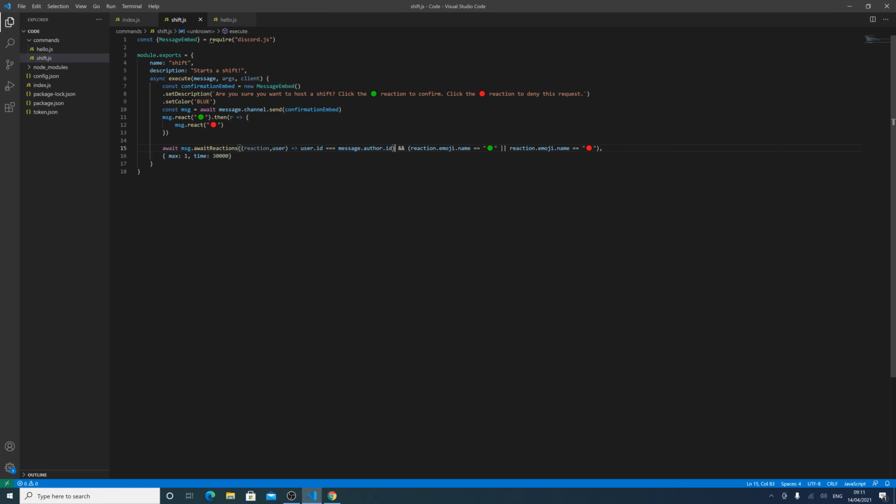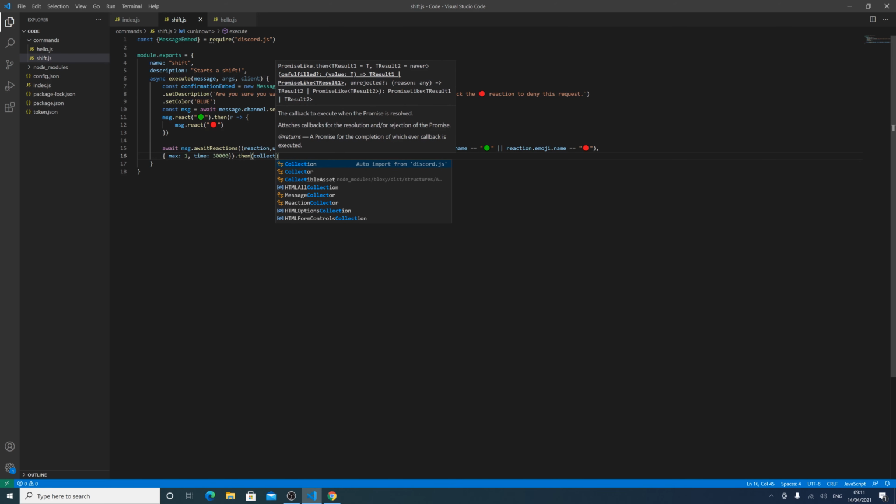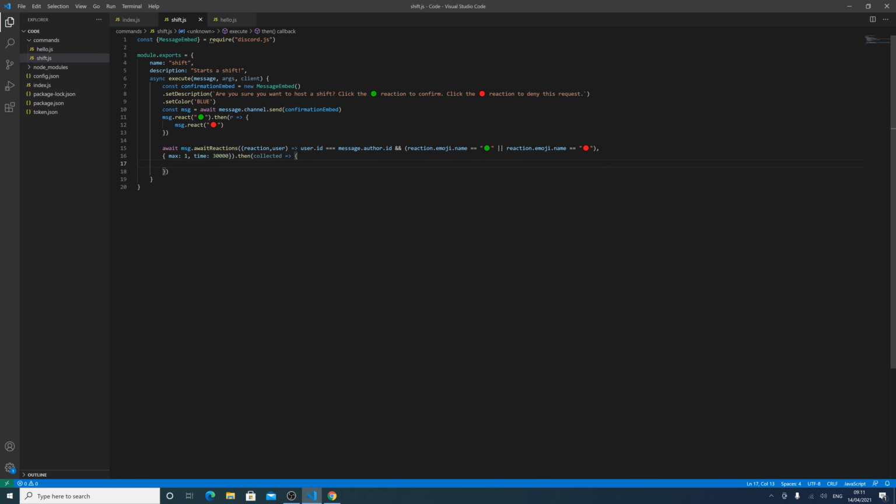Okay, so we don't want this closed off here, we want that one to be here, because we're closing it off fully. And then we need to do a dot then, and then we need to get the collected. So what have we collected? And then we can get, so if the collected dot first dot emoji dot name equals our green emoji,